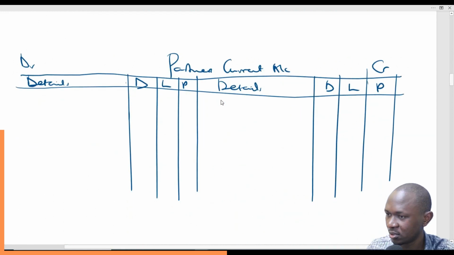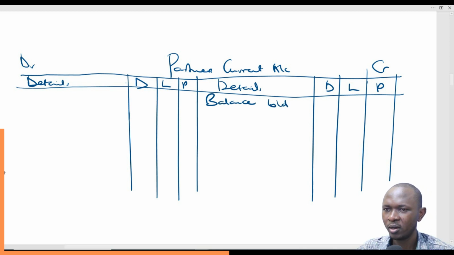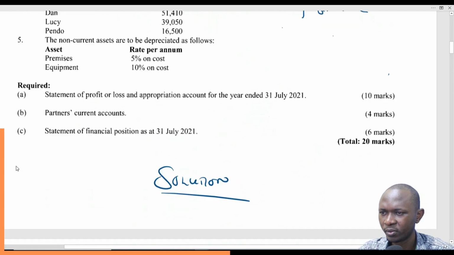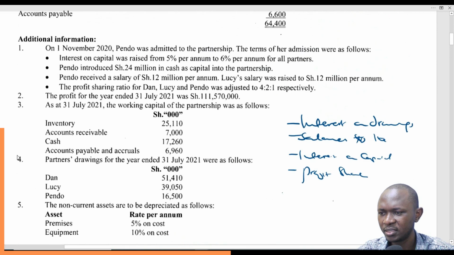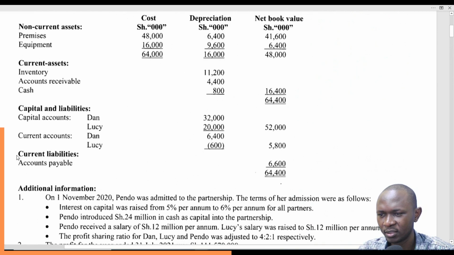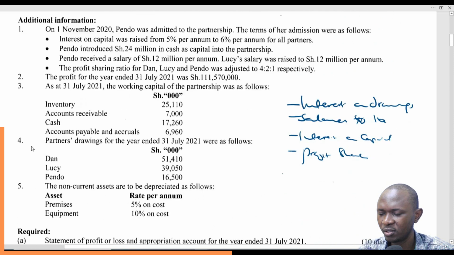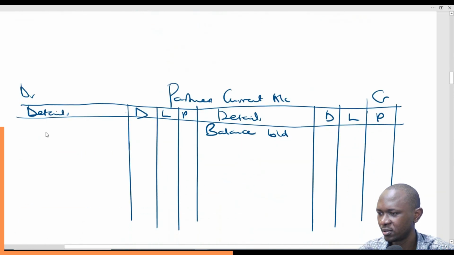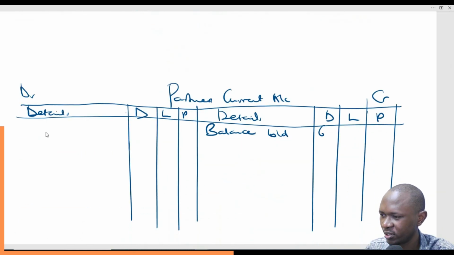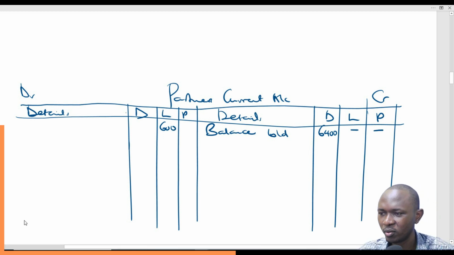So we come here and say balance brought down. So Dan, how much? Dan is 6,400, Lucy 600 negative. So Dan 6,400 on the credit side, Lucy 600, and that's how we go about it, because